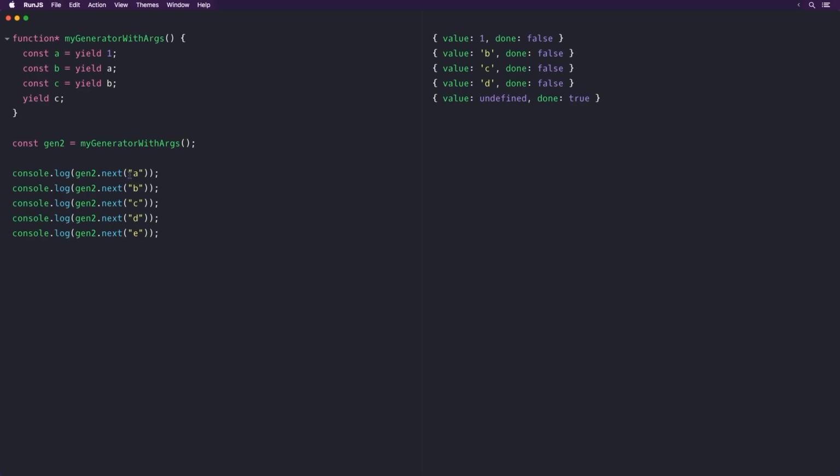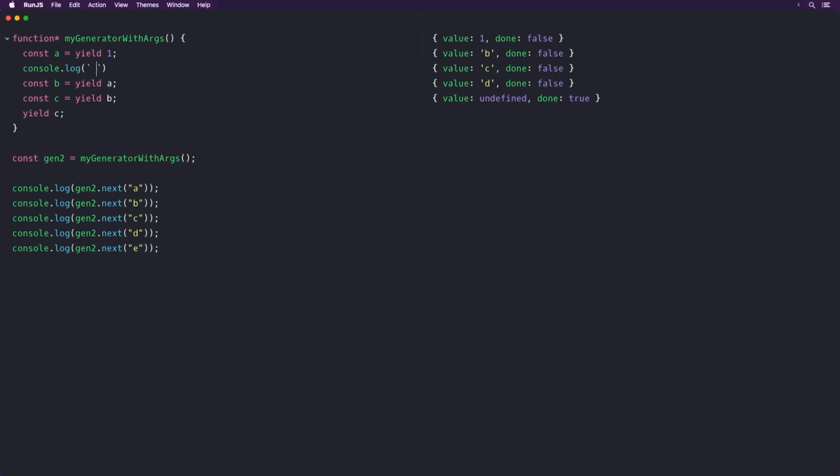What's the point of this argument here in the first .next method? If some of you know, please leave it in the comments or just let me know somehow. But I don't see this A as ever being useful. I don't see how you can take this value, because what you'll notice here is, let's just put in some